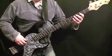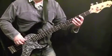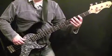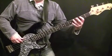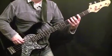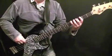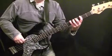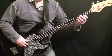The next 4 bars, again, repeat the chord movements, with some slight variations though. That's the 5th bar, so it's C sharp, G sharp, C sharp, 4th frets of the A and E strings, remember. B, G sharp, B's the 2nd fret of the A string, G sharp's the 4th fret of the E string. Then the 6th bar of the verse is open A, not open A, the 5th fret of the E string, then open E, then 4 more eighth notes on that A, then up to E,